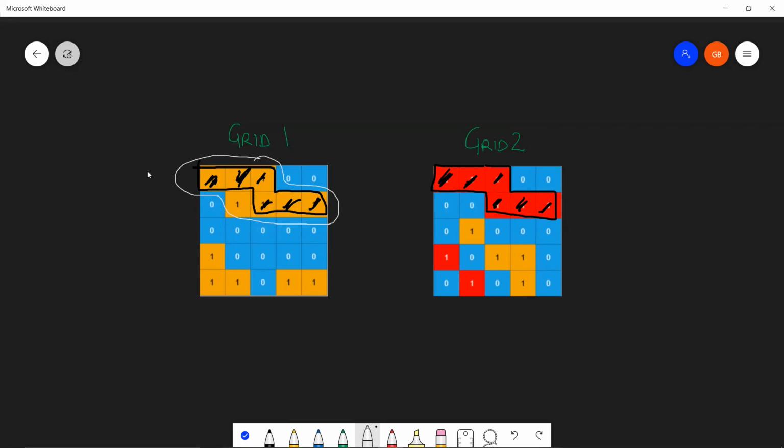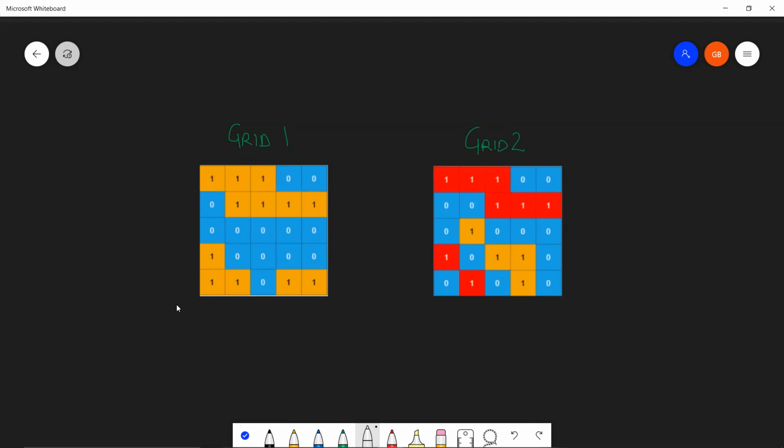So I hope you understand, this was an island, and inside it there's a sub-island, and it looks like a fried egg, but basically, yeah, this is an island, and we have some sub-island over here. Okay, now let's find out how many other sub-islands we have in grid 2.